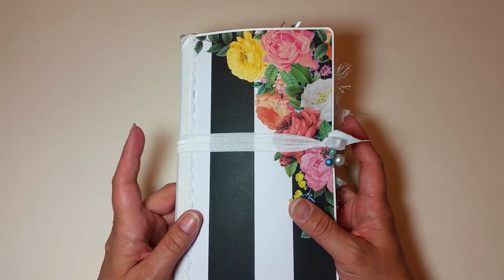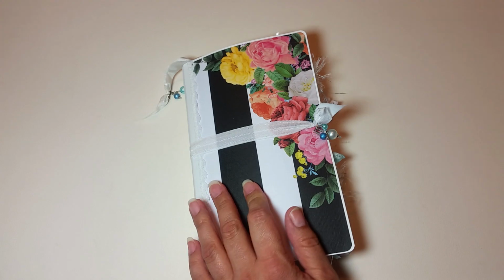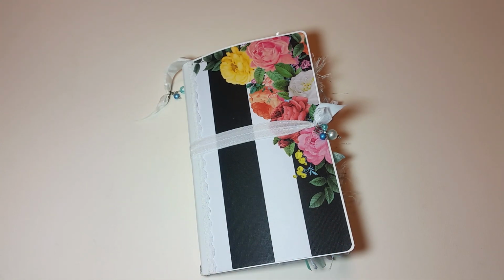The collection that I used for this journal is called, let me check really quickly here, Petals and Blooms by Paper Studio. Super, super pretty